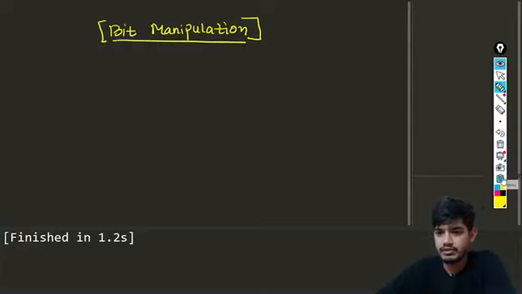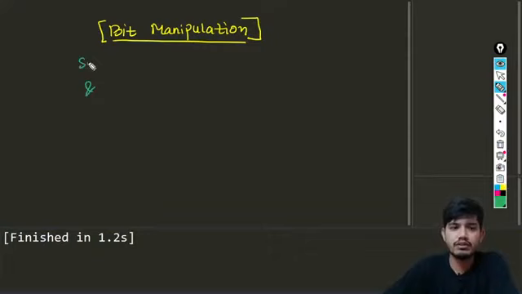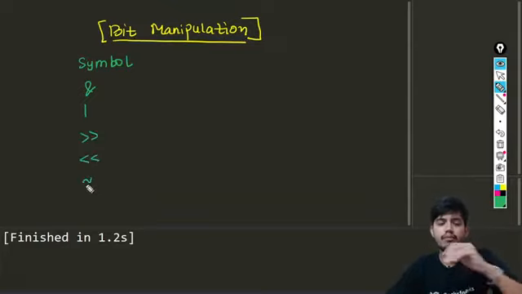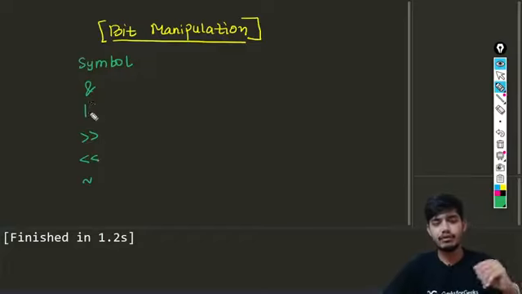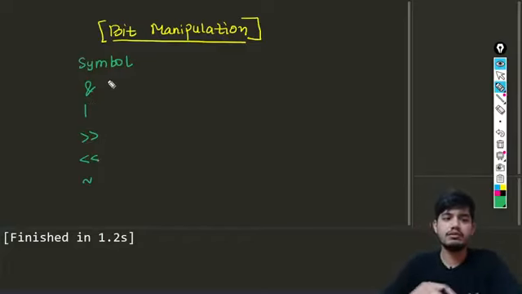So first I'm going to call these symbols. This is AND, and then we have OR, then the right shift operator, the left shift operator, and this is complement. We are going to use all these extensively in this class because we are dealing with bit manipulation.